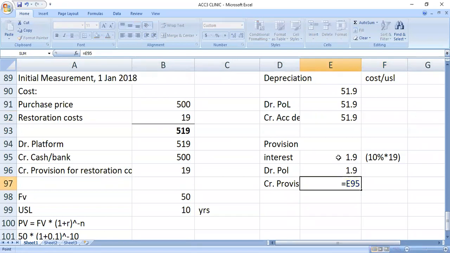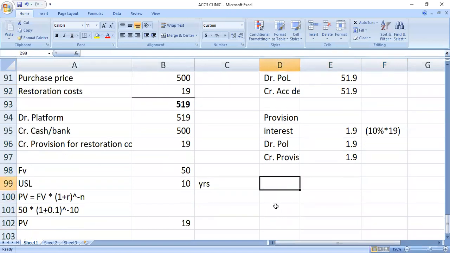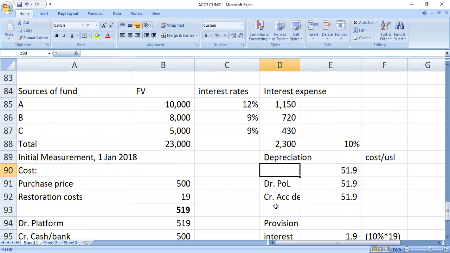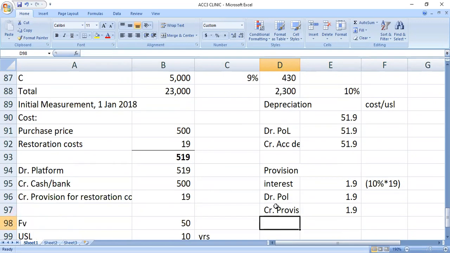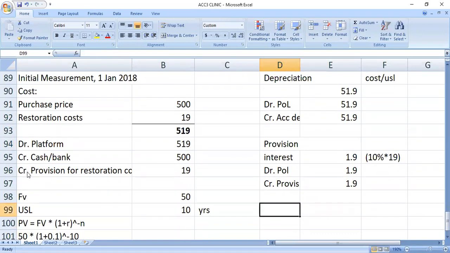So these are the values we have. Of course, with these extracts, we use the journals to show the extracts. So our journals so far, we have this one for the platform, the asset and provision. Then we also have these that happen during the year, where you have depreciation and the provision. Hence, my extracts, I'll begin with the statement of profit or loss and other comprehensive income.